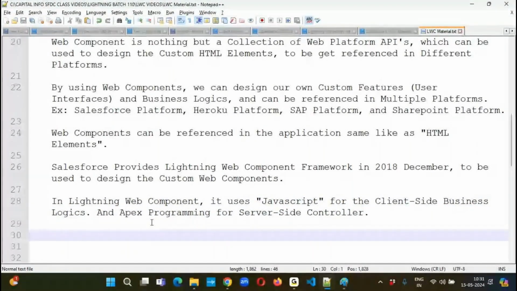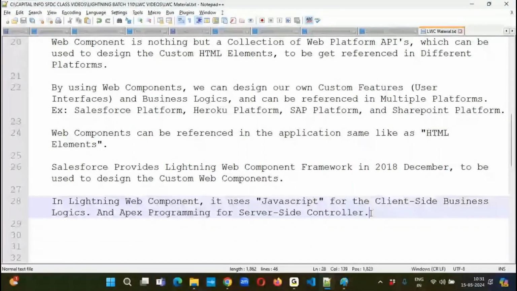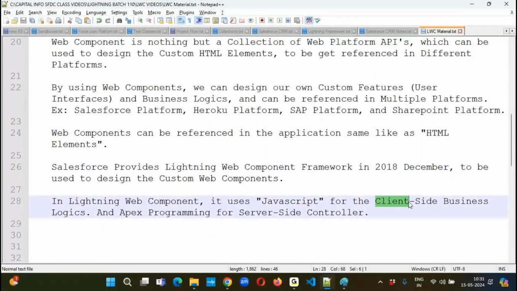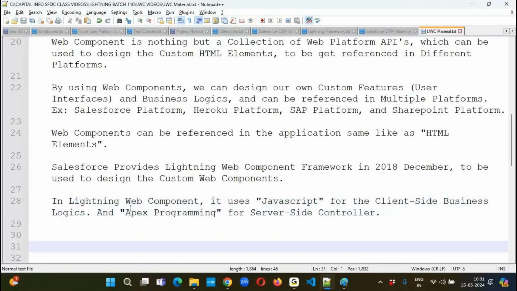So as part of this Lightning Web Component framework, we have these two controllers available: client-side controller and server-side controller. Both are available. The client-side controller should be implemented by using JavaScript. The server-side controller should be implemented by using Apex programming. Now, this JavaScript code will be executing inside the client. The client means the browser. Inside the browser in my local system only it will execute,